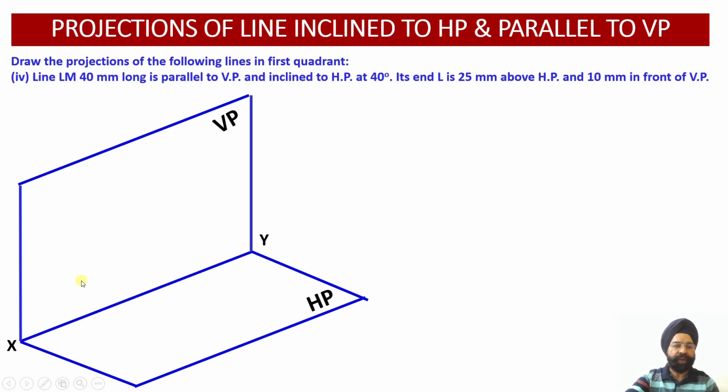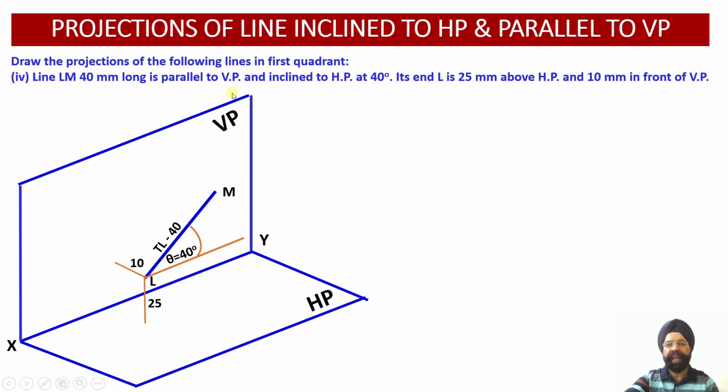Just see, 25 millimeter above HP and 10 millimeter in front of VP. So it is 10 millimeter in front, 25 millimeter above. So I have to locate this line. Just see, so location is like this. The line happens to be 10 millimeter in front of VP and 25 millimeter above the horizontal plane. So once I locate this line, point L, then I can draw the line which is at an angle of